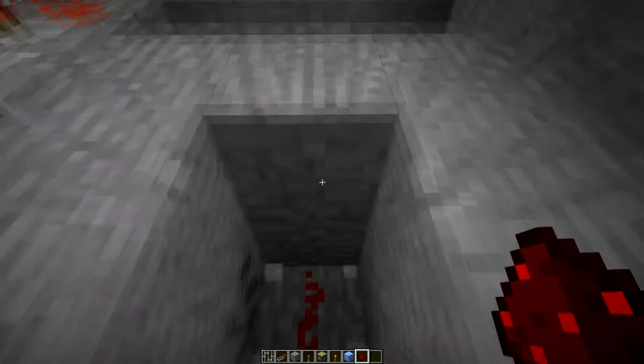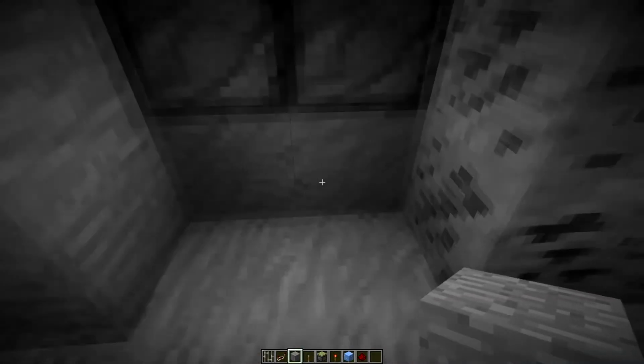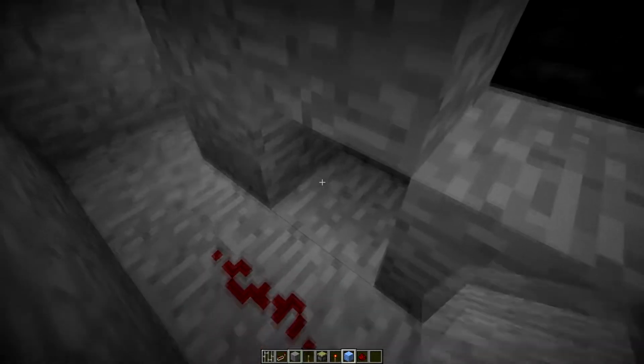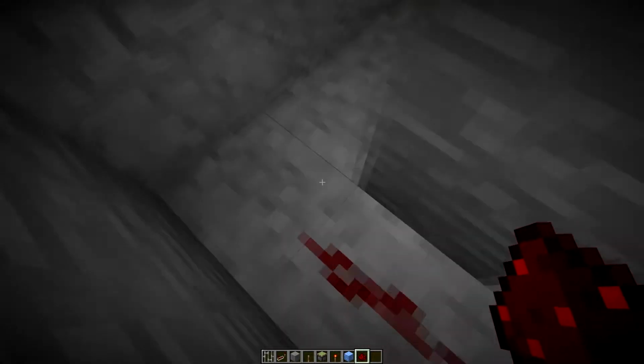So we're gonna just keep going down, and you just carry it basically to the pistons, and you can really do this however you want, but this is how I like to do it. I like to place a block here, and then redstone there and there. And then what you're going to need to do is wire this to the other bottom pistons on the other